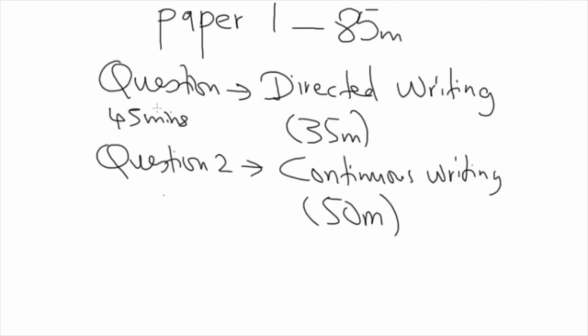Now, question 1, even a very weak candidate should be able to score at least 17 out of 35. A weak candidate. In order to get your A plus, you have to get at least 33 upon 35. This is for A plus, and this for the basic pass E. For directed writing, there are normally 5 different types of questions that can be asked. You have 1, report,